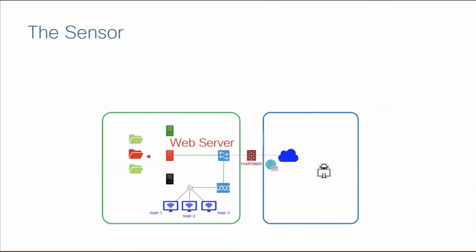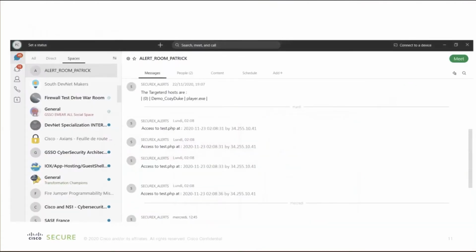Let's talk about the sensor now. We are going to use a honeypot, a web server, for doing that. This web server is going to be exposed on the internet, and when you do that, it takes less than 4 hours for this server to be discovered, and you will start to see connections from the outside, from people who try to hack your web server. And this is very easy to monitor.